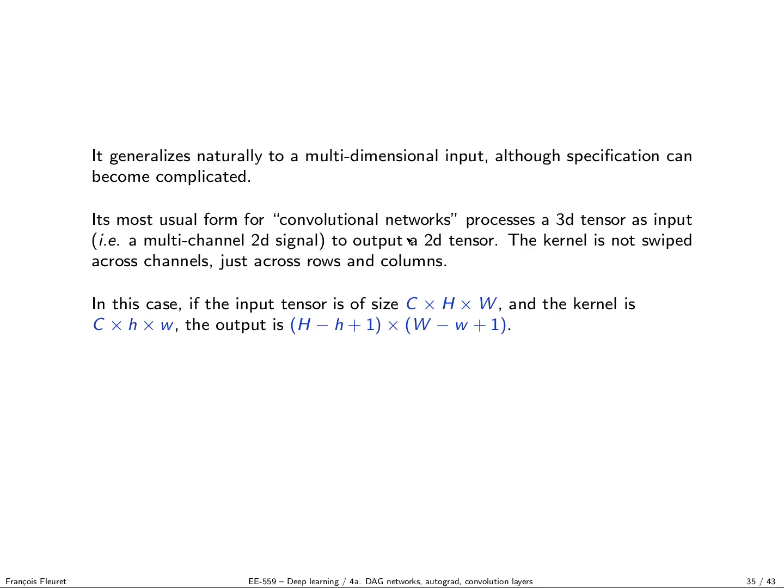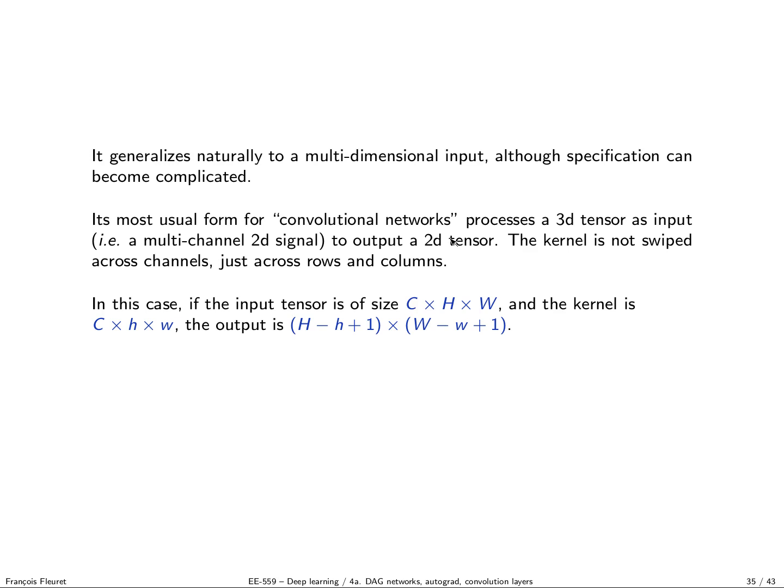A 2D convolution takes as input a 3D tensor, and as a filter, which is also 3D. We see this as a multi-channel image, and the filter and the input have the same number of channels. In the case where the filter has fewer channels, there is a notion of 3D convolutions where the filter would move all around. We'll come back to this. But in the so-called 2D convolution, this is an important, very practical thing that you have to understand.